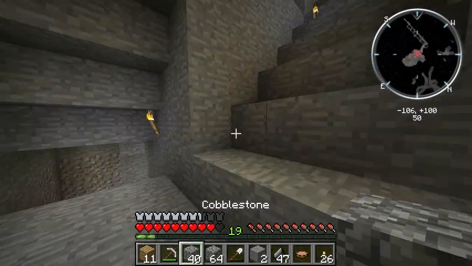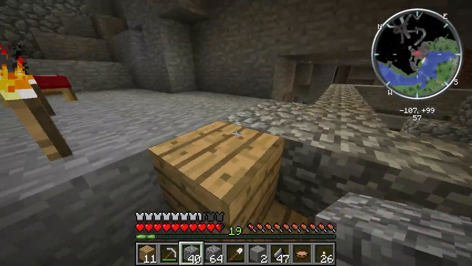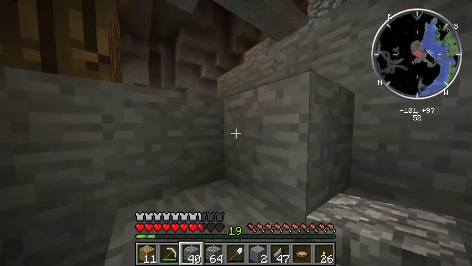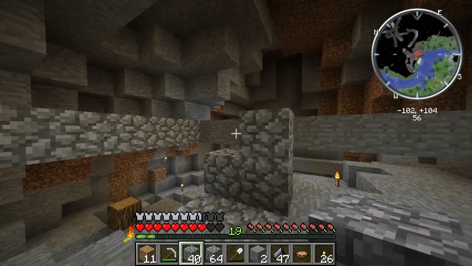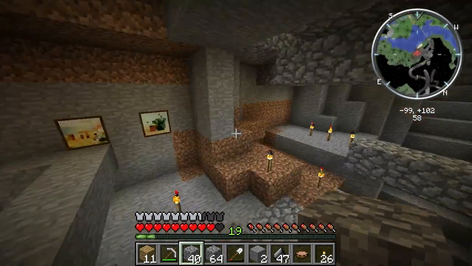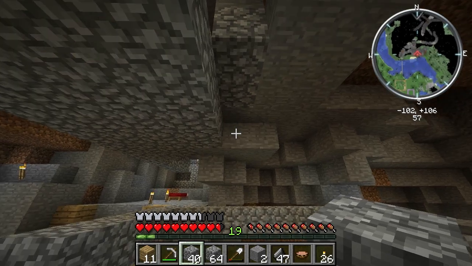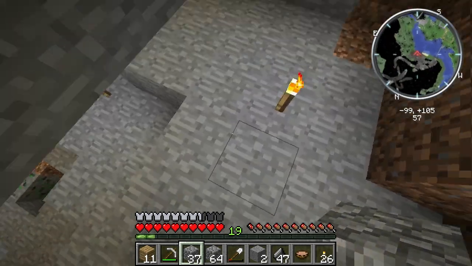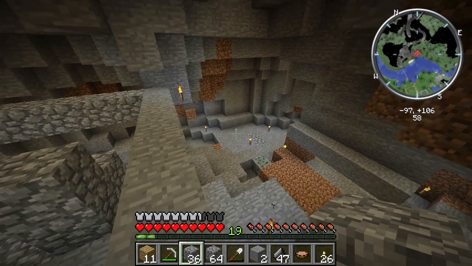Alright, so we need to fill in more cobblestone here. I'm not entirely certain about this area, but then again, it is clearly quite an important area. Ah, man. All right. So how are we going to do this? Yeah, we just fill in this higher area, didn't we? So let's just go up here. And of course, once we've filled in this higher area, we can...